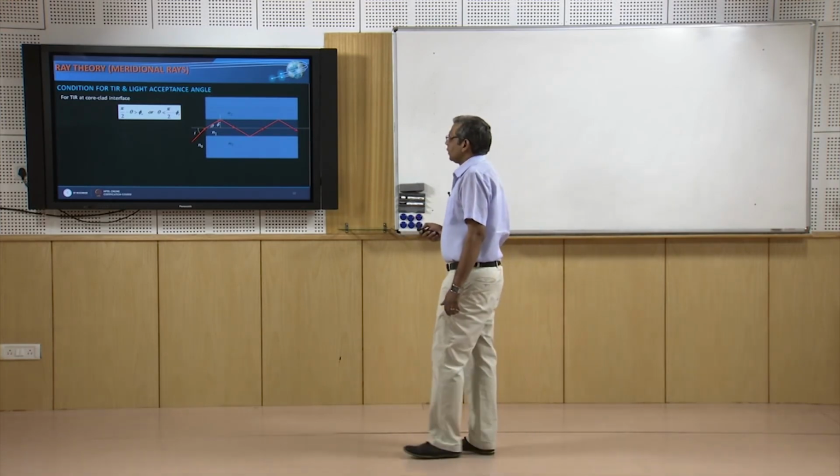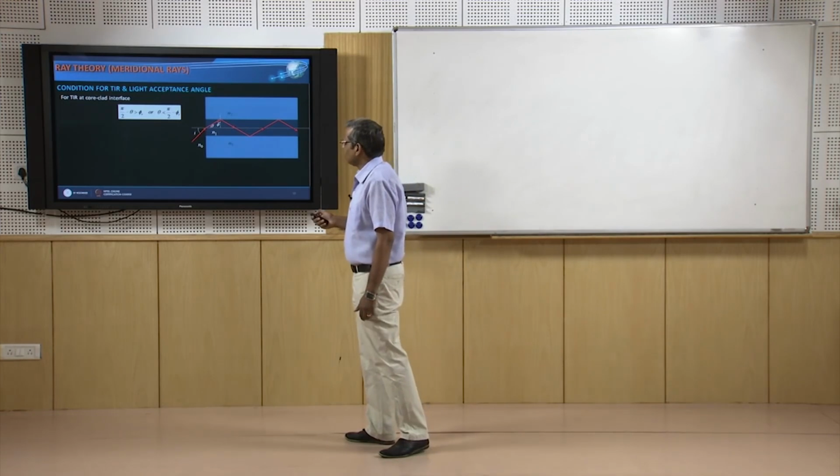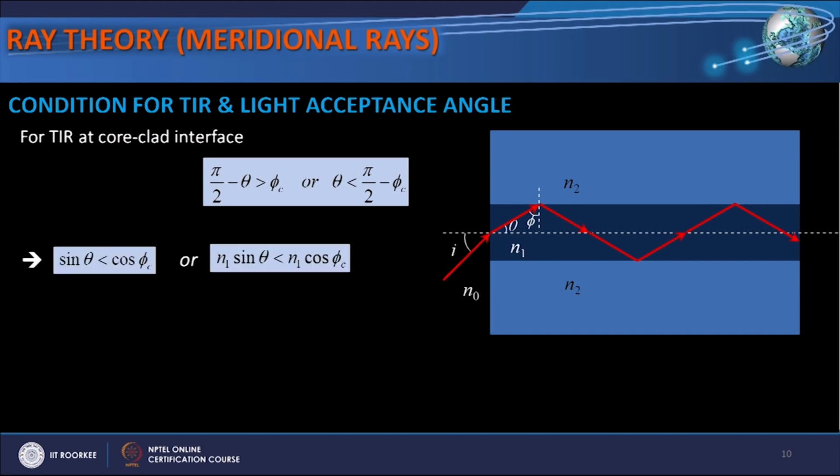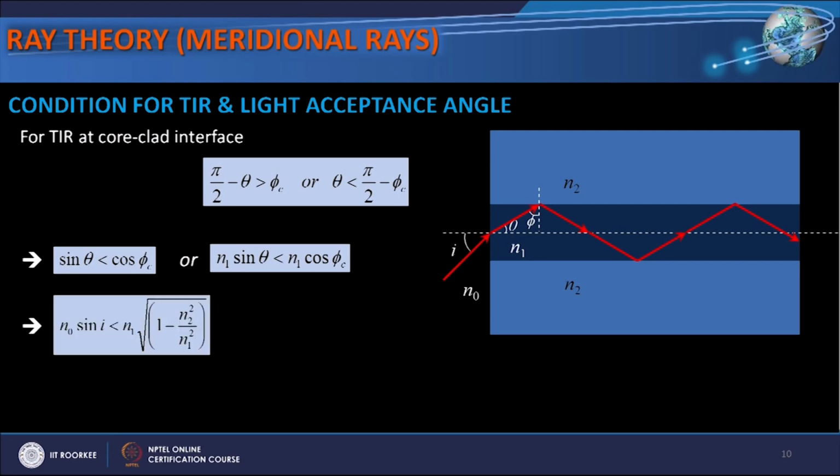This condition for total internal reflection can also be written as theta is less than pi by 2 minus phi c, and now if I take sine of this, then sin theta should be less than cos phi c, and if I multiply it by n1, then n1 sin theta should be less than n1 cos phi c. Since sin phi c is equal to n2 over n1, cos phi c would be equal to square root of 1 minus n2 square over n1 square,